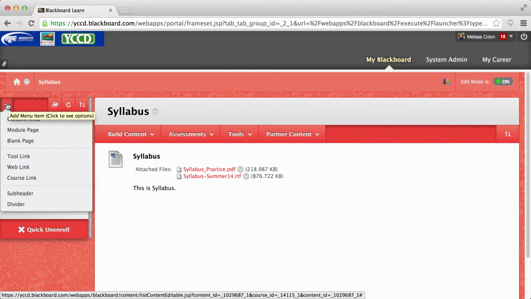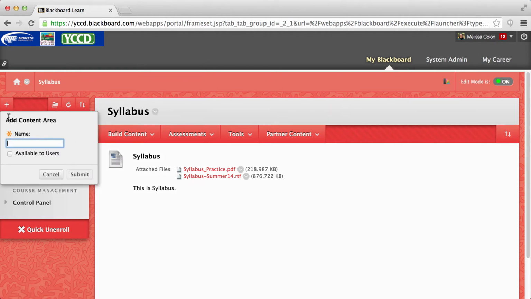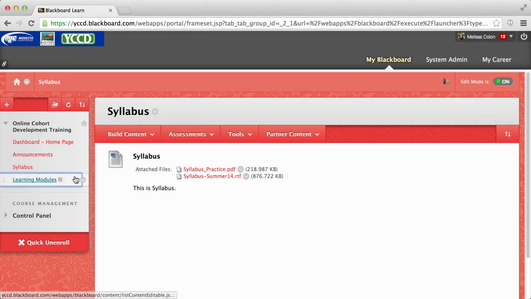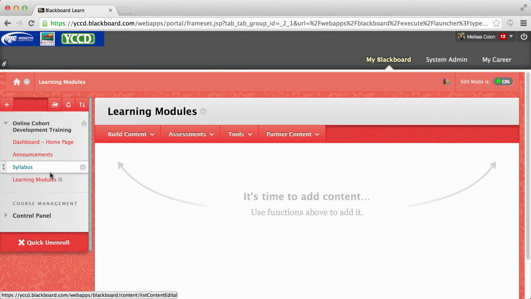Sometimes we like to create content areas that we can actually break down into learning modules. So I'm just going to call this learning modules. And I'm going to make this available to users, and I'm going to submit. And learning modules could be another content area that you have, and you could have week by week folders for all of your content. Now, if you don't like the name learning modules and you're not sure what that would mean, or if your students would